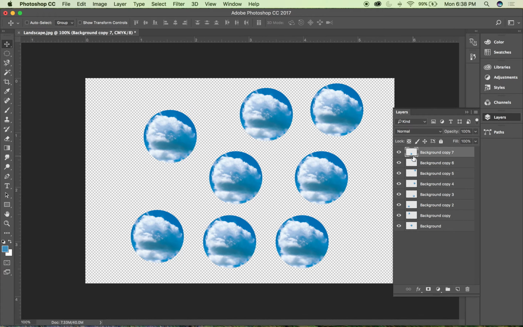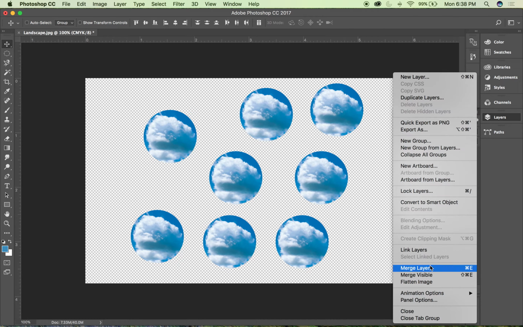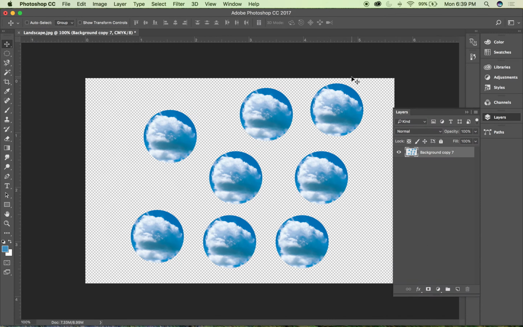So this is going to increase file size. So let's just say I want to collapse all these, right? I have my background layer at the top selected. I'm going to hold Shift and click the background layer in the bottom. With all of these layers selected, I'm going to go up into my hamburger menu up here, and I'm going to select Merge Layers. So now I have more of a reasonable file size, but the takeaway from this is